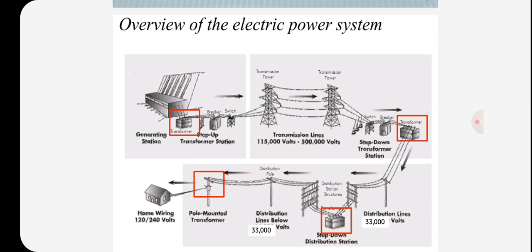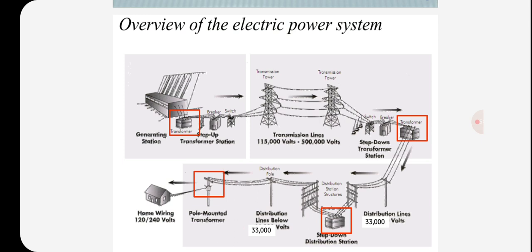So we are using different types of transformers, step up and step down. Using these two types we are stepping up and stepping down, converting the voltage from some lakhs of volts to 240 volts. This is the main use of the transformer. So what is the main importance? The electric power is generated, transmitted and distributed in the form of alternating current.